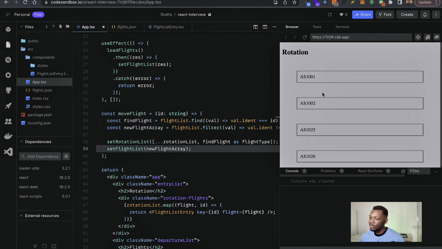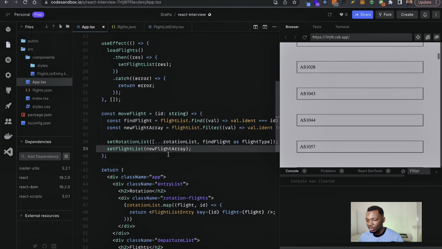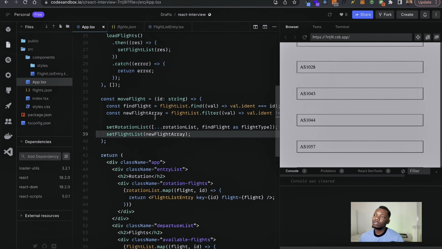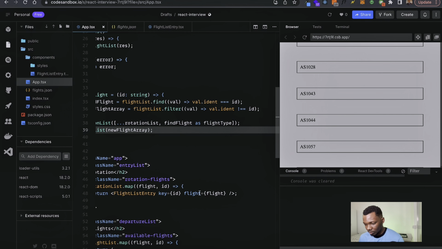Now I want to be able to click on this and return it back into our flight list. Now, how do we do this? It's still the same method, and trying to keep it simple and not complicating things, I can use the same method of this move flight to also perform the same action. So what it will mean is that I will need an extra payload, in this case. So let's see. So I need to pass in an extra payload and see. I can call it